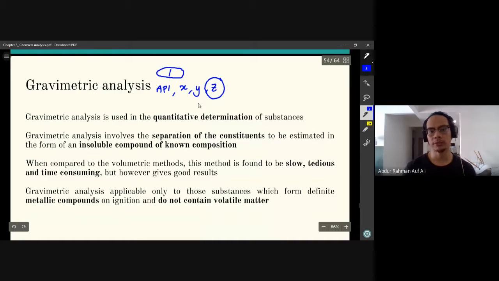And then boleh cari dia punya mass, berat dia berapa. Tapi sometimes ada certain things doesn't work with titration. So gravimetric analysis is another option. Okay, so that's why saya tulis kat sini,